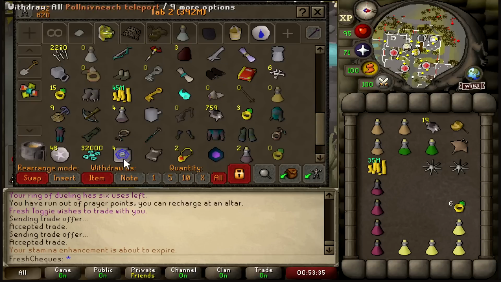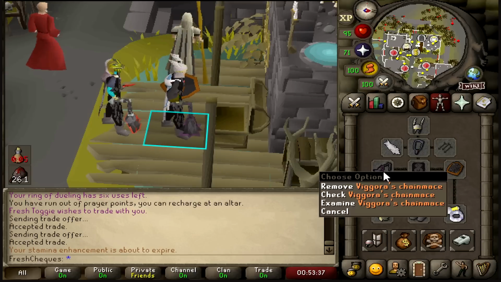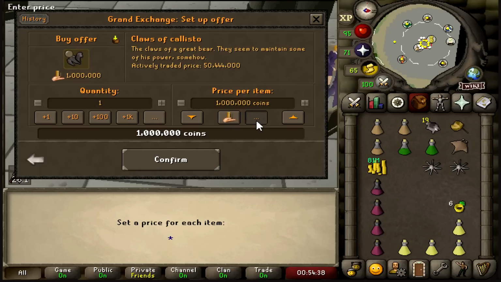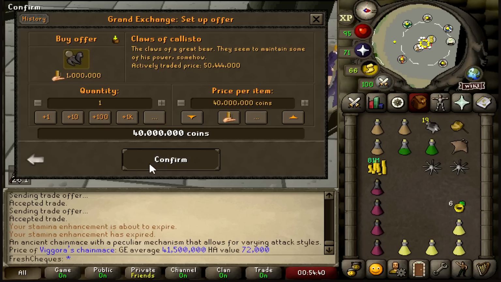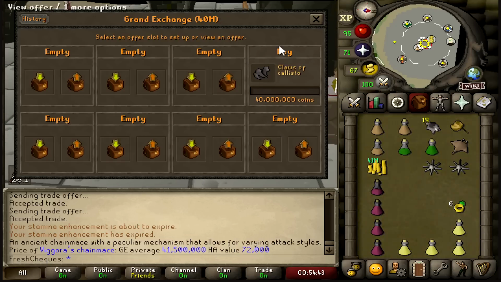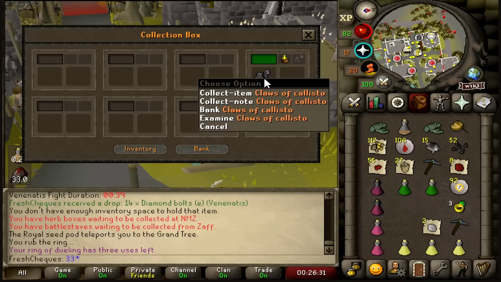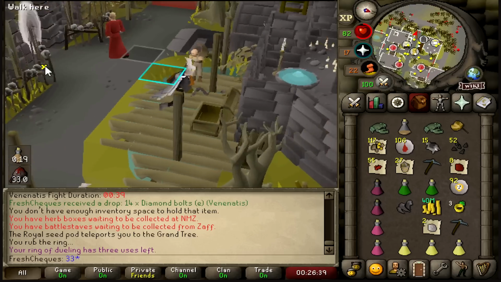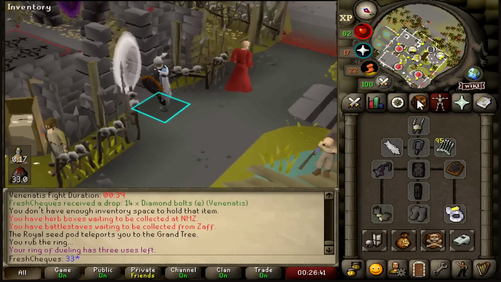I'm gonna see if I can go and put an offer in the Grand Exchange for the claw to upgrade the chain mace. The last pair that sold for 47 mil, so I think I'm just gonna put a real lowball offer in at 40 mil, and we'll see if these buy. My Callisto claw has purchased. What I'm gonna do, I'm gonna go and attach it real quick, and we'll take a look at the upgraded